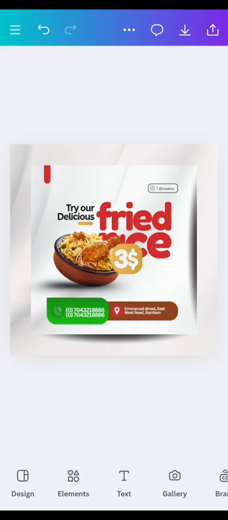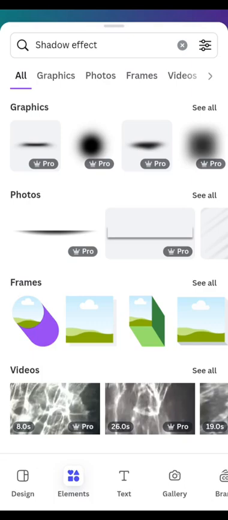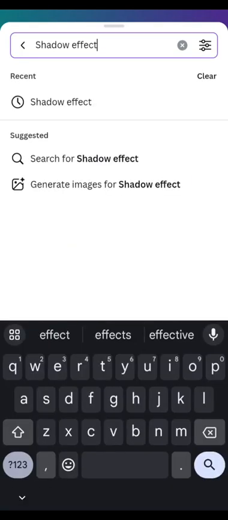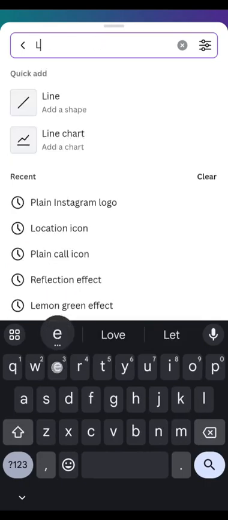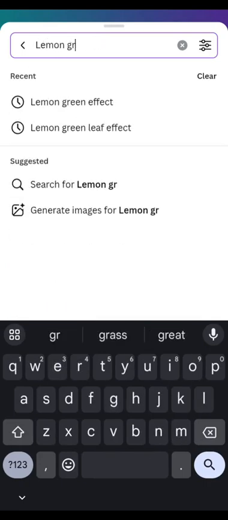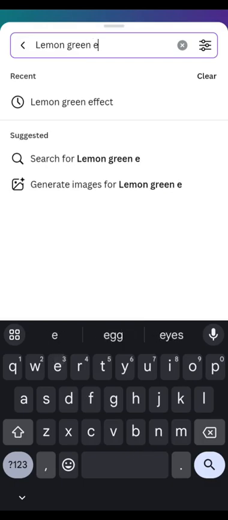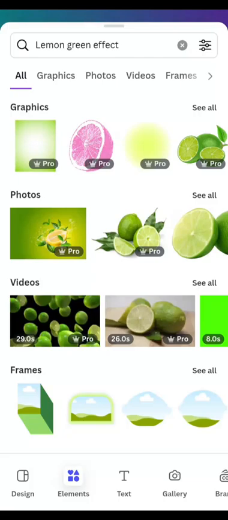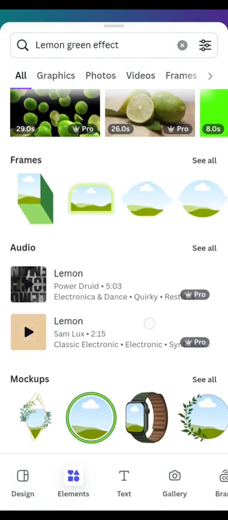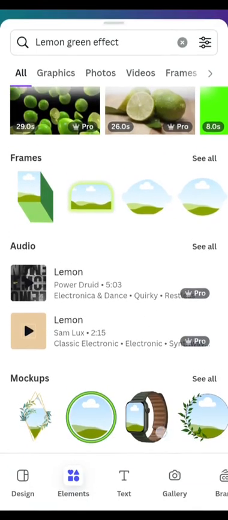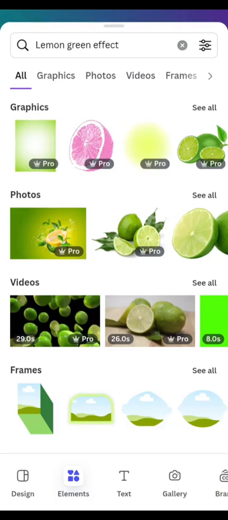So let's add something like a green effect here. So come to elements and we search for lemon green effect. So here you see different kind of stuff. So let's go to see all,